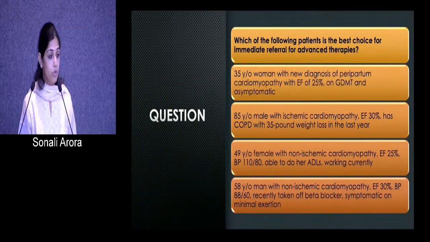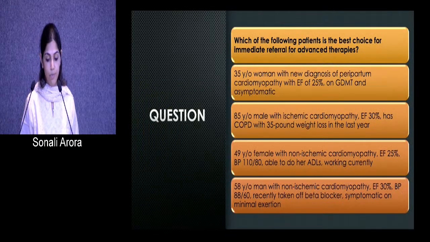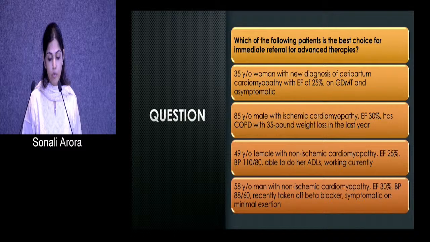So let's come to these, an MCQ question. Which of the following patients is the best choice for immediate referral for advanced therapies? A 35-year-old woman with new diagnosis of peripartum cardiomyopathy with an EF of 25% on guideline-directed medical therapy, but who